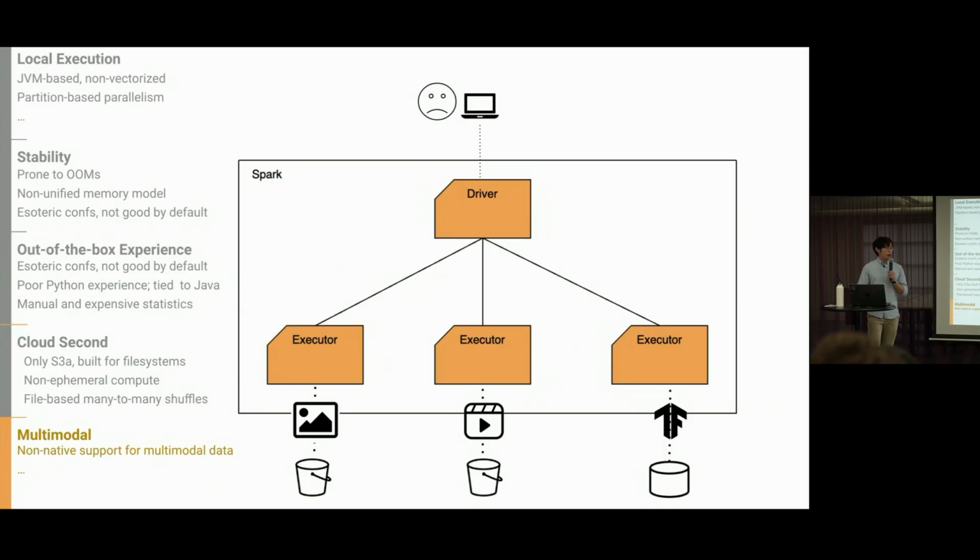And as well, if your engine does not natively support these data types, you have very poor planning for queries on these data types. So for example, if your data is sitting as a bunch of URLs in S3, and you download the images, it's going to explode in size. If you're not aware of these data types, your planning suffers and you get a lot of stability issues.